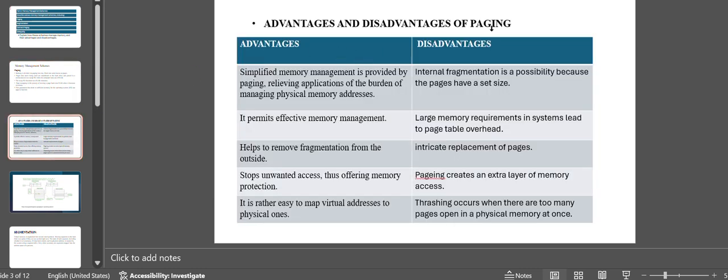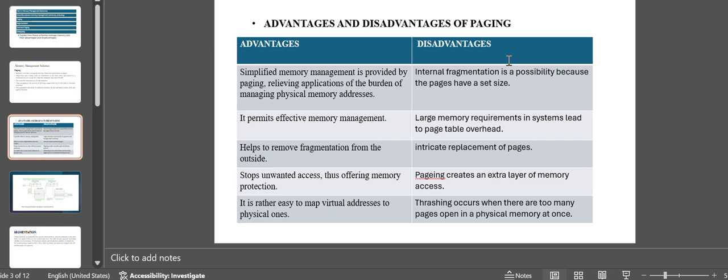And here are the advantages and disadvantages of paging. Simplified memory management is provided by paging, relieving applications of the burden of managing physical memory addresses, and in disadvantage, internal fragmentation. And the next advantage is it permits effective memory management, helps to remove external fragmentation, stops unwanted access,